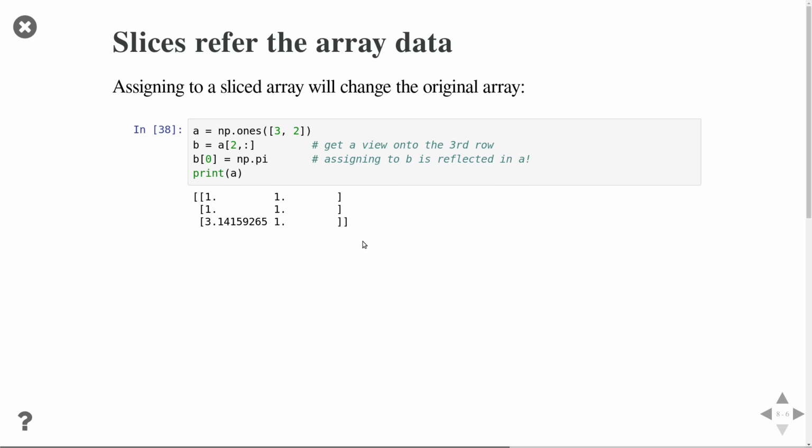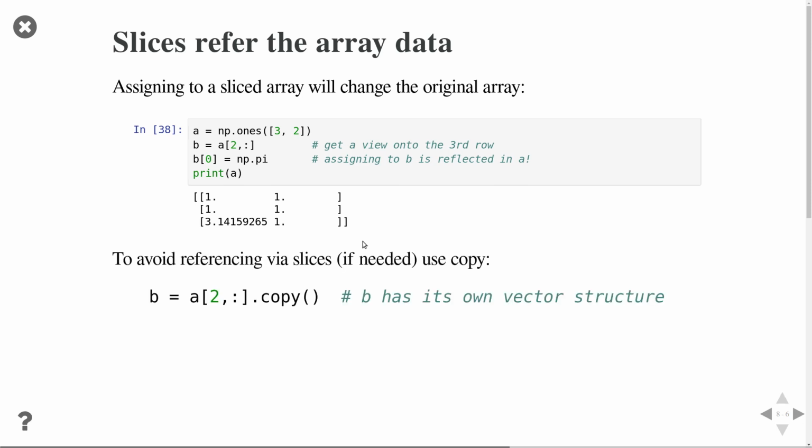And then I print the original matrix again. I now have my ones everywhere except that the first component of the third row has been set to pi. So you really need to be aware that when you do the slicing, you're operating always on the same